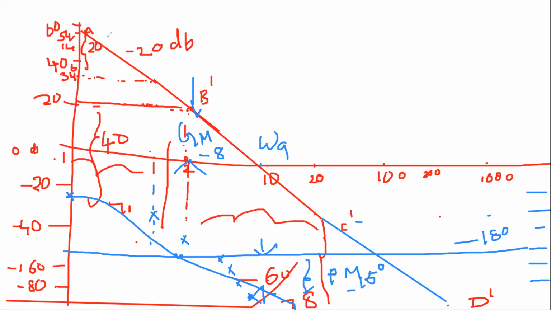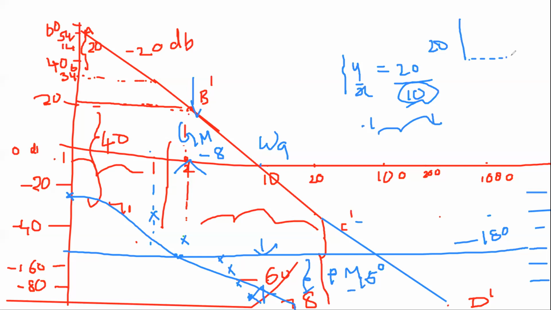But with this, the only thing you have to remember is you have to have a slope. When you want to have the slope, you have to see that y must be the magnitude, 20, 40, whatever it may be, and then y by x, right? X must be a decade. So a decade is a factor of 10 in frequency. So if it is 0.1, then 1 is your decade. So 20 magnitude you would have taken. So go vertically down to the magnitude whatever you want, and from there go up to the 1 decade, mark it as some point and join this as well as this. This gives you minus 20 dB per decade.